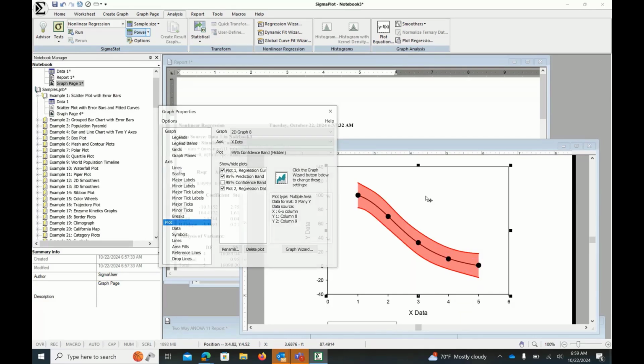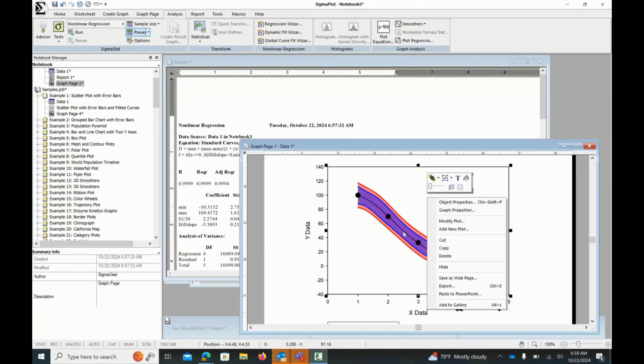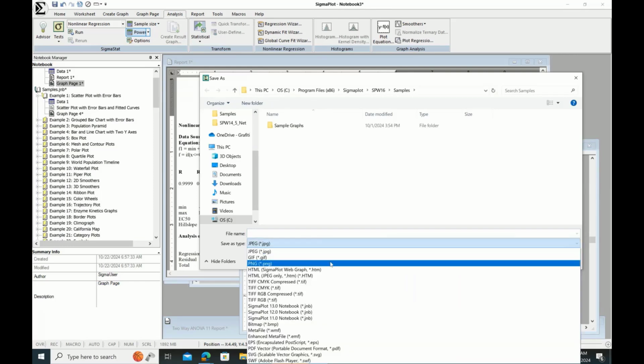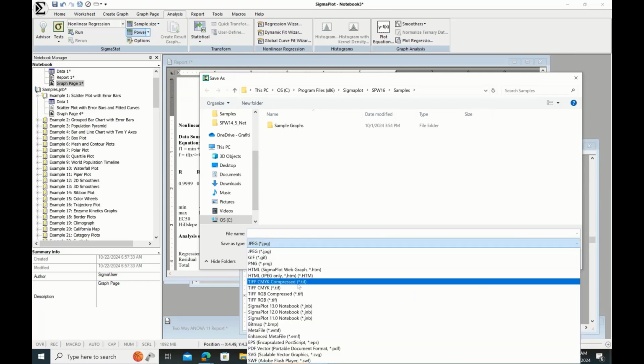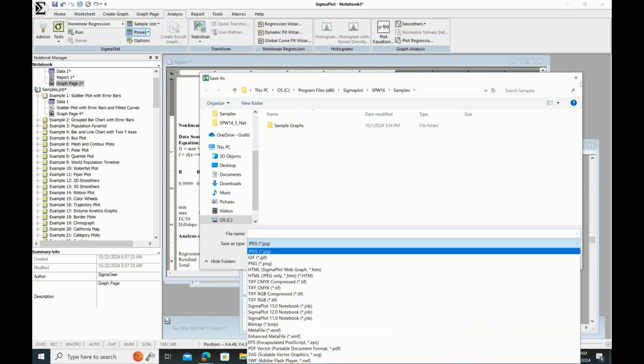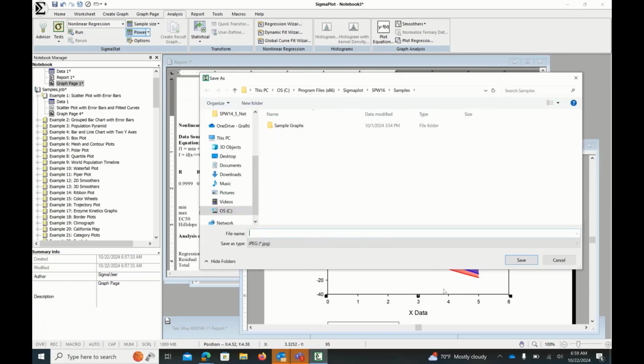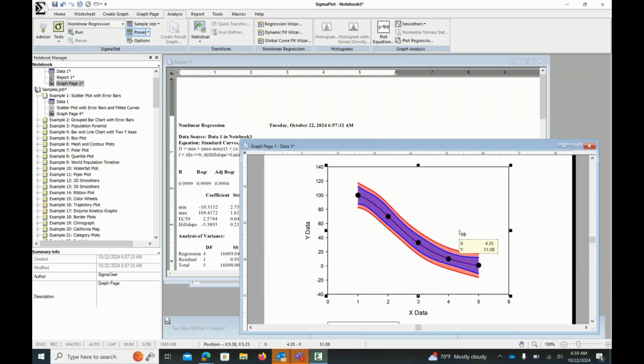So this is how you can show or hide whatever you want here. And you can also print that. You can export it, as I told you before. You can export the graph also, in JPEG format or any other file format. You can export TIFF, CMYK, bitmap, metafile. As I told you, I can right click and then export graph. Then I can pick any type of graph and just give it a name, and it will be exported. So I think